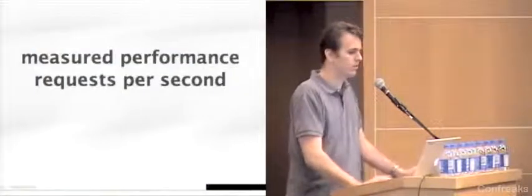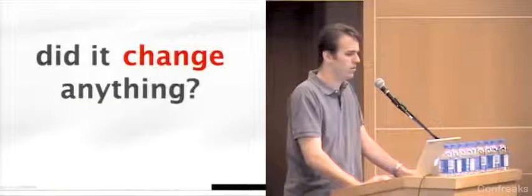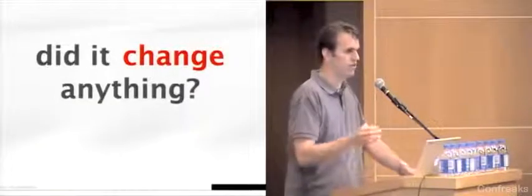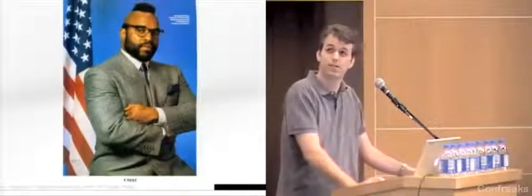So what we did is we're going to measure the performance in requests per second, and then we're going to make a change. We're going to add caching to our application or something, and we're going to see, we made that change, did the performance change at all? In this case, it's not a proportion, so we can't use the previous z-test, and we need a new tool. We need the t-test.